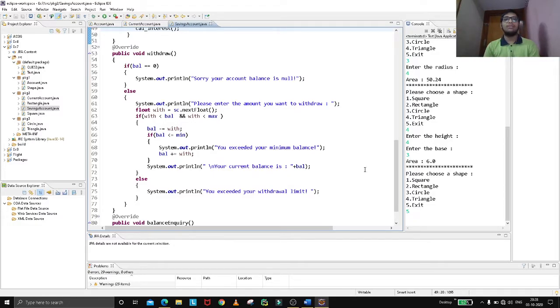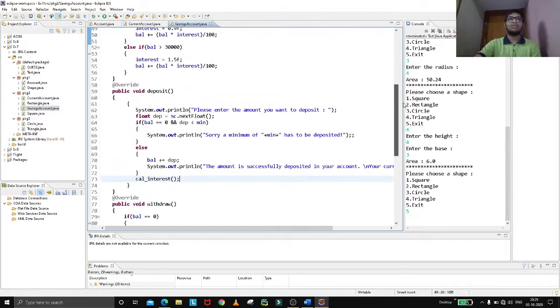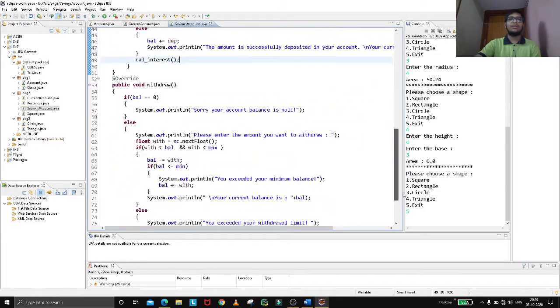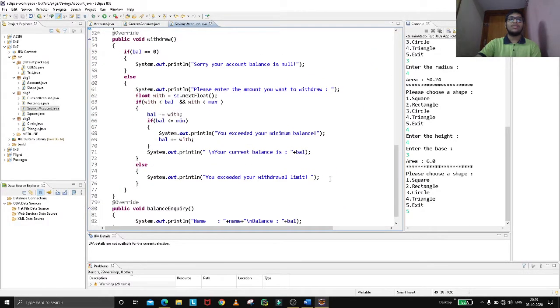So moving on to the withdrawal part, you can't withdraw beyond the minimum balance in the account. So we have created a min, and also there is a certain amount of money which you can withdraw in one day. So we have created a max amount of 50,000 and a minimum balance of 500. So now we are checking that the withdraw amount is less than the balance and less than max.